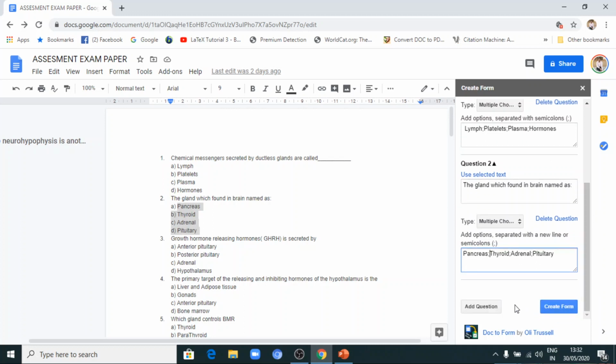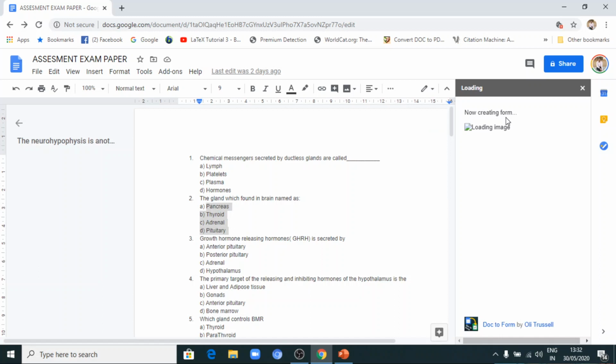Now see, in this way you can add questions. How many questions can you add at a maximum? You can add 10 questions using this free version. If you want to add more than 10 questions, from 10 up to 50 questions, you can add them using a paid version, but up to 10 questions you can add using the free version. So if you want to add more than 10 questions, what you have to do is simply add 10 questions, then click on this, create form.